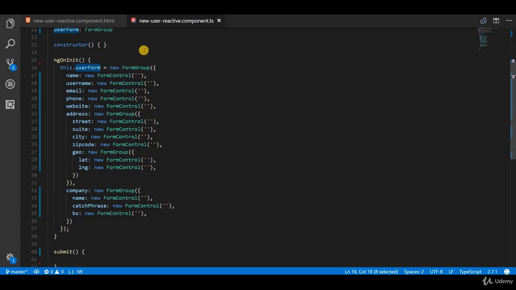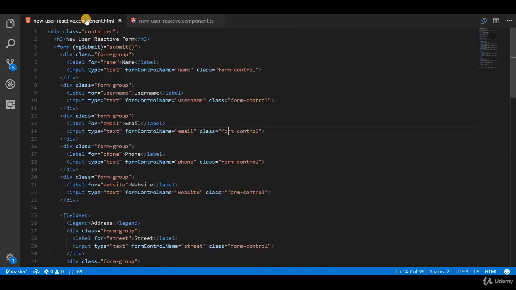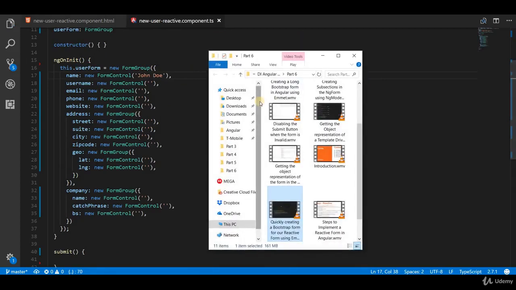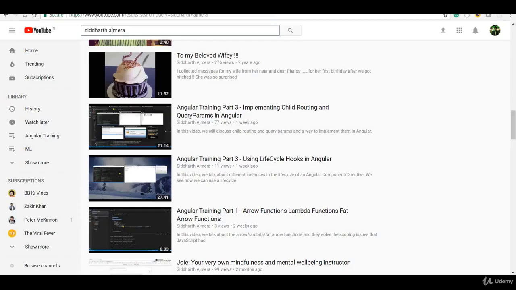Now, the one thing that is required here is to just bind this user form to the template of this form that we have here. To bind that, we will use something called an ng form, which is going to be a directive, and we will be using the directive as an attribute binding, sorry, as a property binding, and in here we will specify the name of this form, that is user form, like so. So now what this will do is, let's say if I type in the name like John Doe here and save this, inside my template,